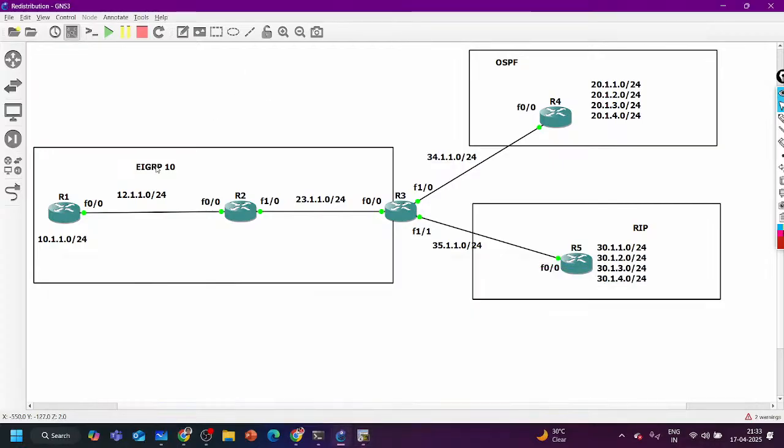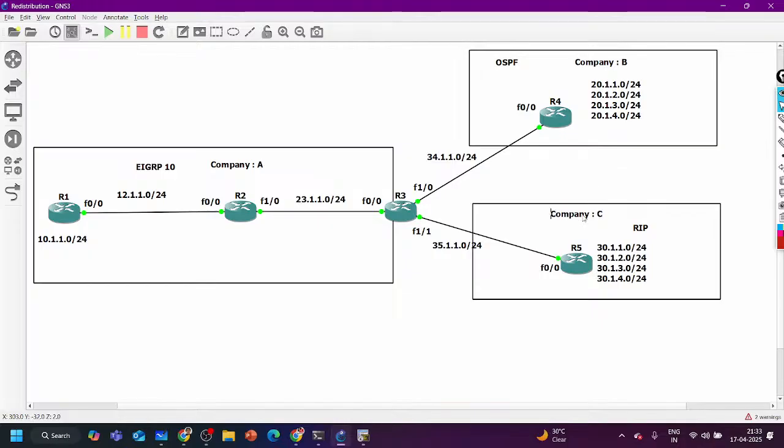Now, guys, assume that this is company A, or department A, and this one is company B. Or it can be my branch 1, headquarters, and company A can be the data center of the same company. This can be departments, or it can be different companies.